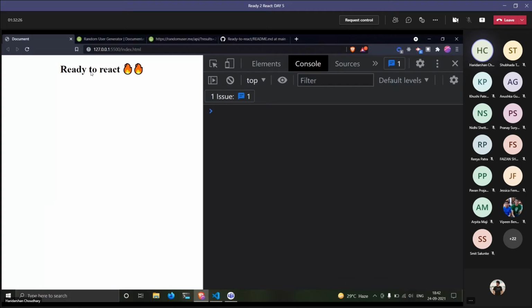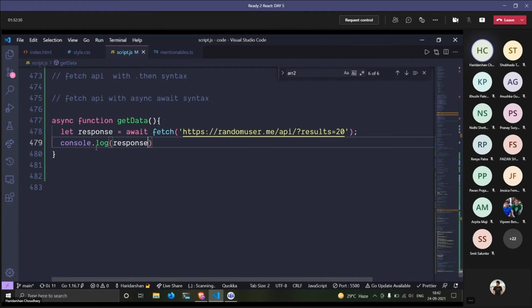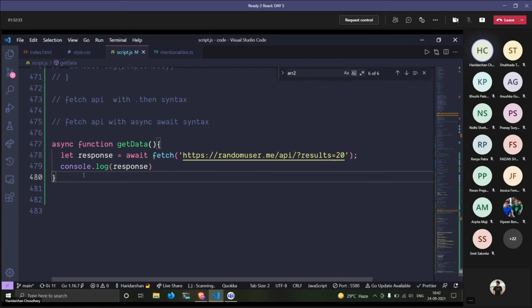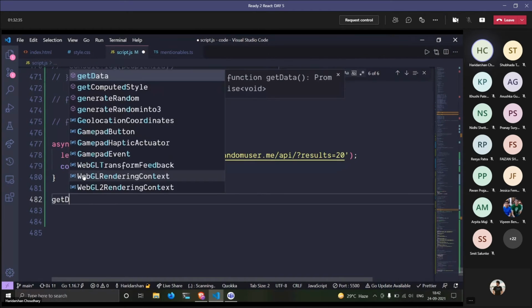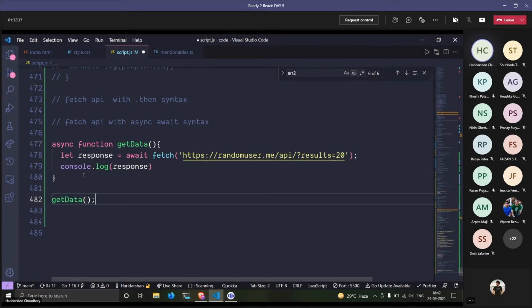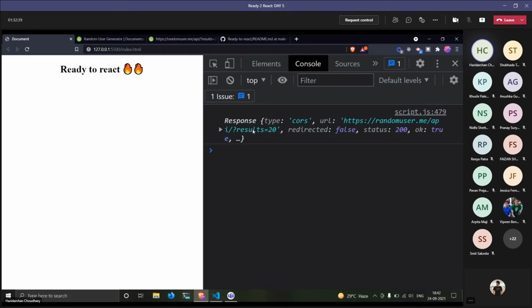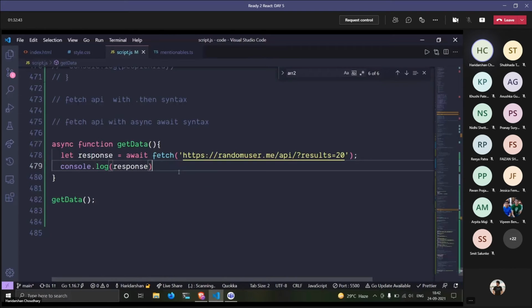And if we refresh it and check it, nothing happens. Nothing happens because we are not calling the function. So make sure you call the function. When we call this function, we have this response object here, but we want the JSON part of it. So we basically run response.json,